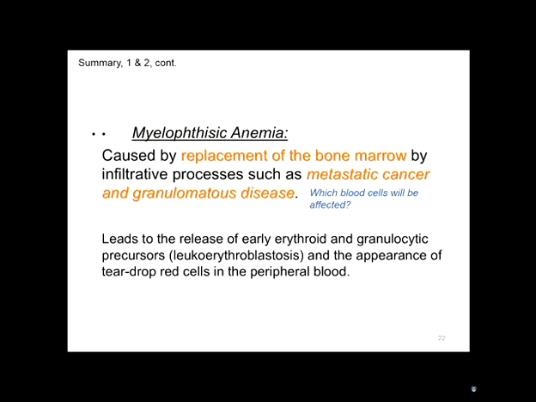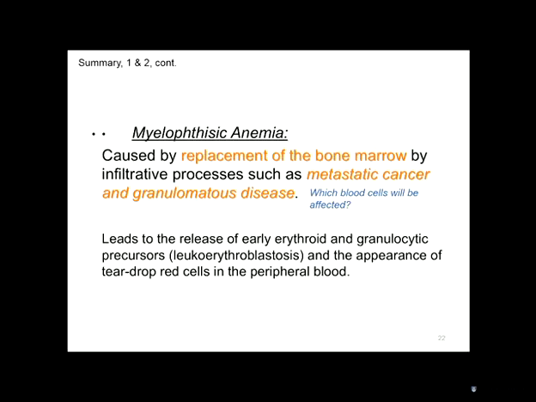particularly cancers that have a habit of going to the bone marrow, myeloma essentially involves the bone marrow right from the start, leukemias involve the bone marrow, prostate cancer, breast cancer, they all are very prone to metastasize to bone. All of those can lead to this type of anemia called myelophthisic anemia. And then there are some granulomatous diseases which we won't be talking about, but they can also have the same